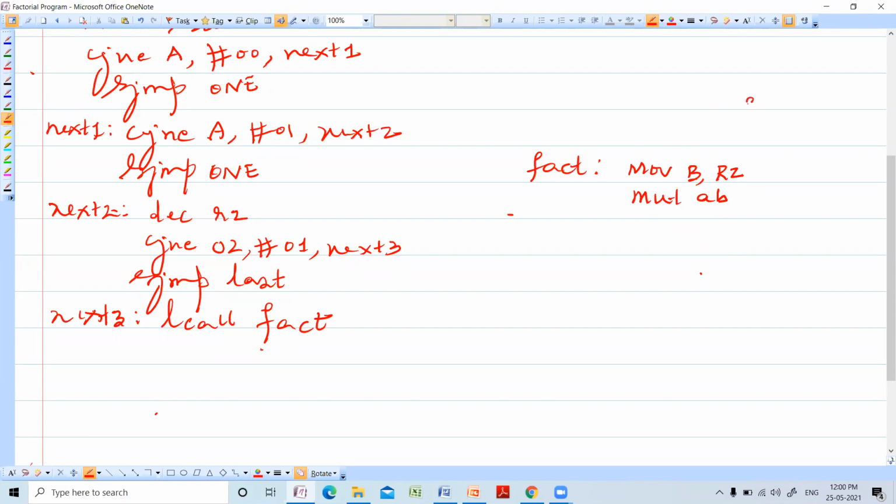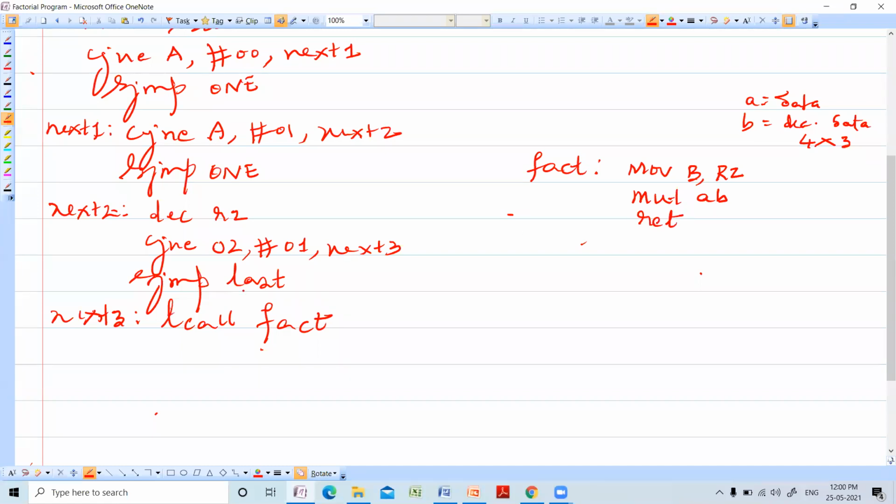So now A is having the actual data, B is having the decremented data. Suppose you have given 4, then you are doing it as 4 into 3. That's all. Later, after that, you will simply say return.